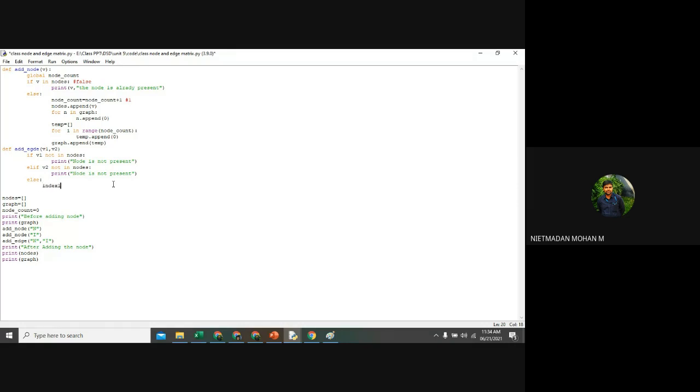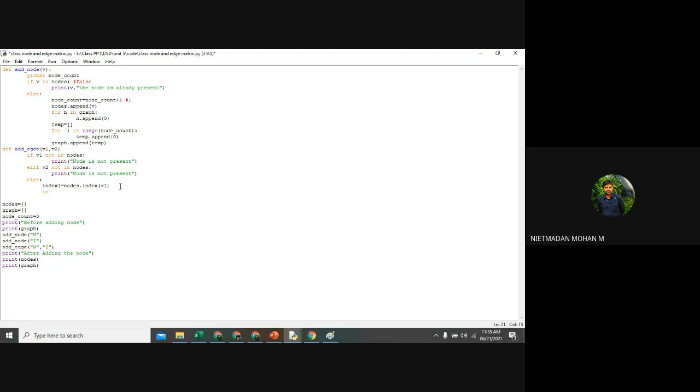Index 1 is equal to nodes dot index of v1. So it will take the n index value here. v1 is my n. I'm passing two arguments, n and I, so v1 is my n and v2 is my I. Here, it will take the n index value first.